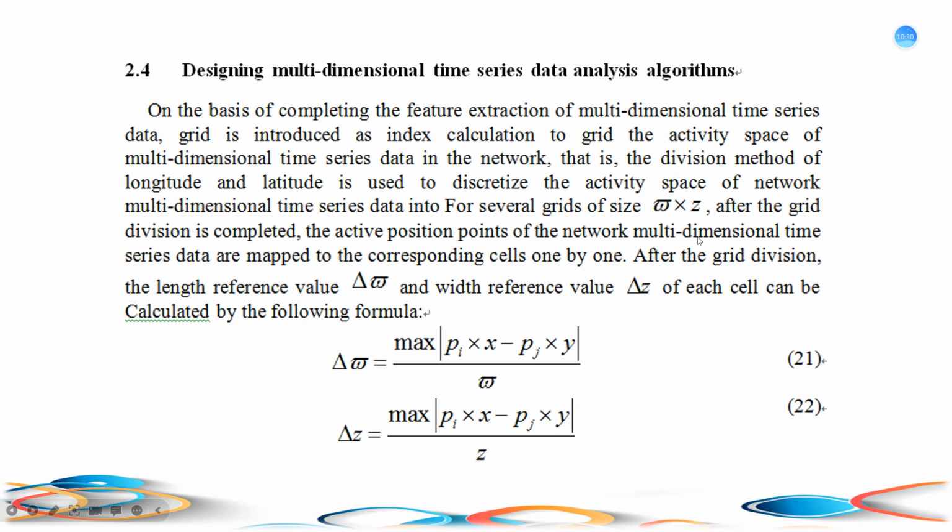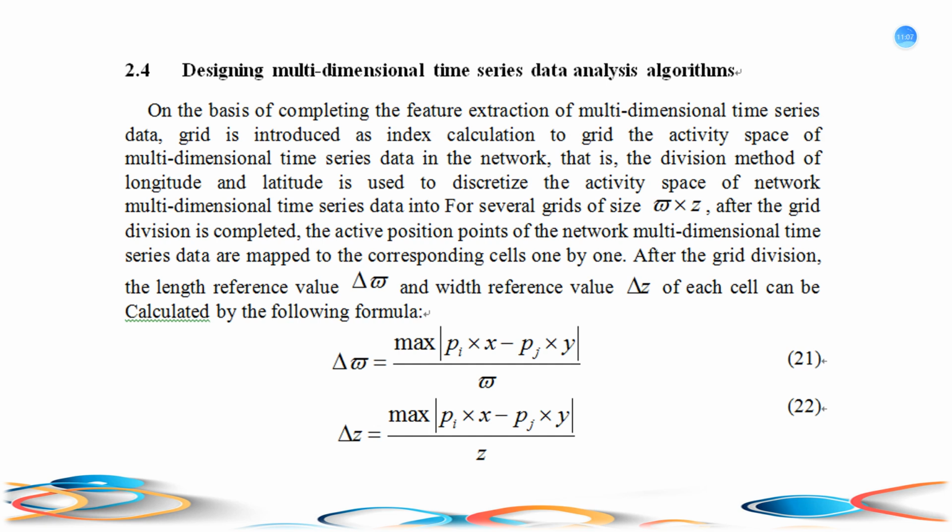2.4 Designing multidimensional time series data analysis algorithms. On the basis of completing the feature extraction of multidimensional time series data, grid is introduced as index calculation to grid the activity space of multidimensional time series data in the network. That is, the division method of longitude and latitude is used to discretize the activity space of network